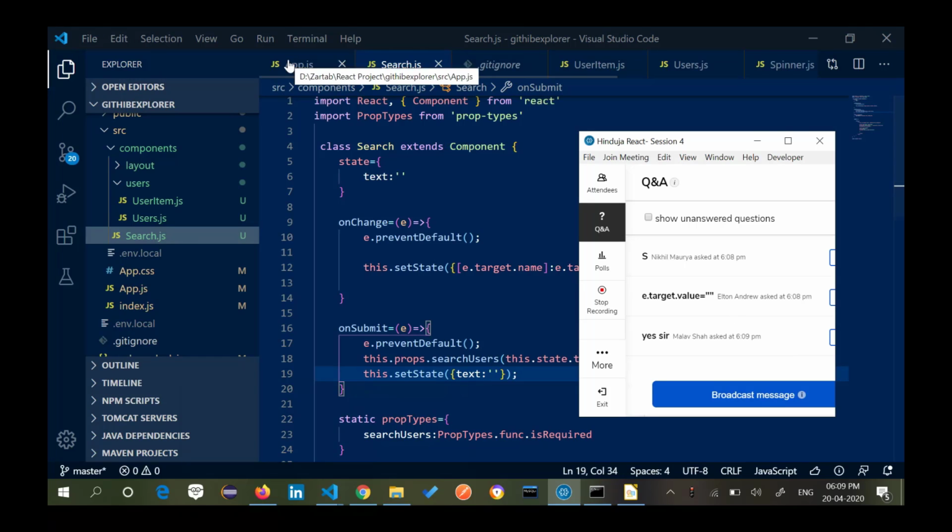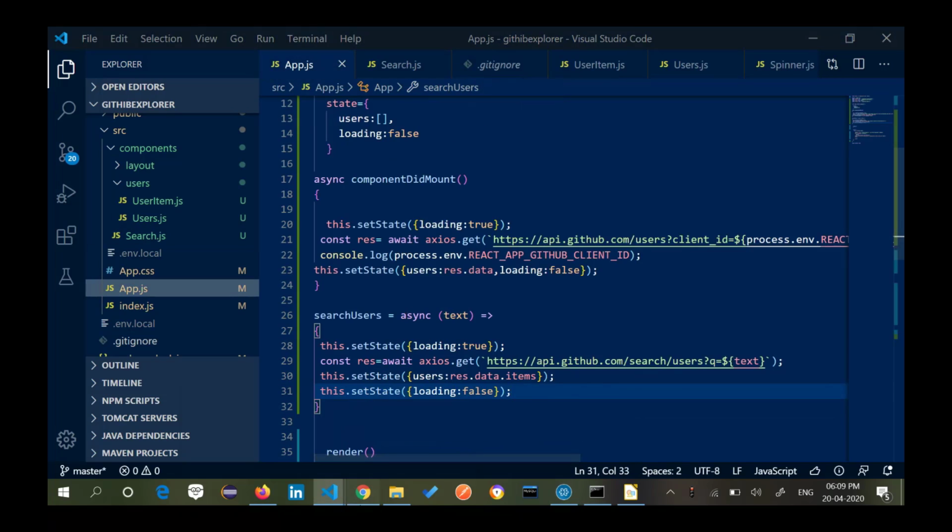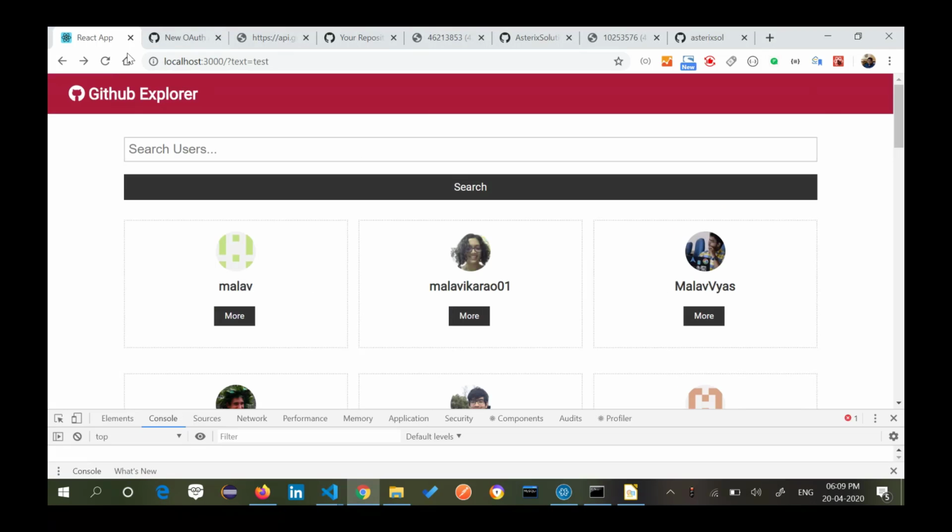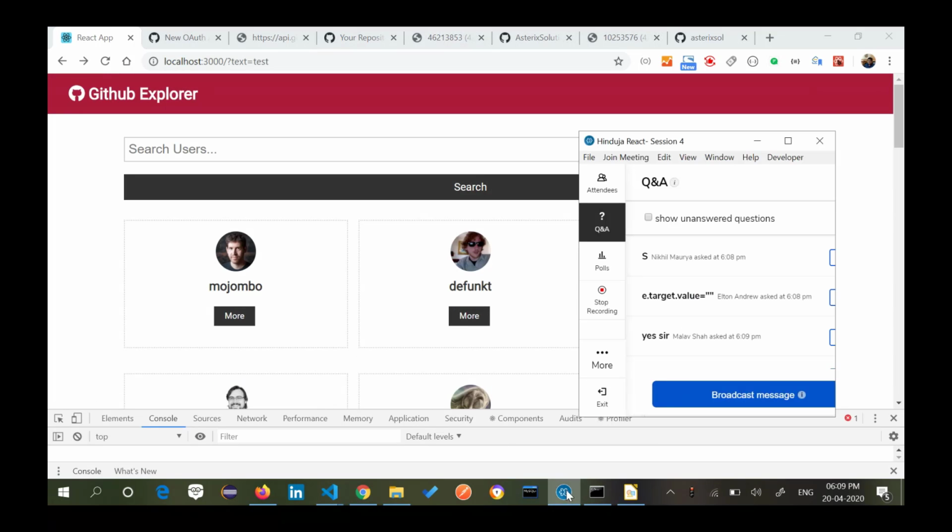And now in my app.js, I want you guys to look at this page. This is my home page, right? Every time I start, I am just going to look at these 30 values. Do I need these initial values now? If I can search for any user directly, do I have a need for these preloaded values here?